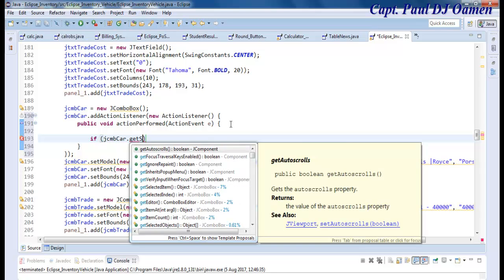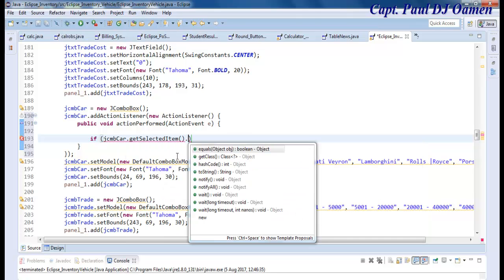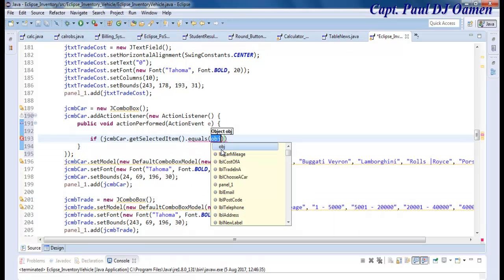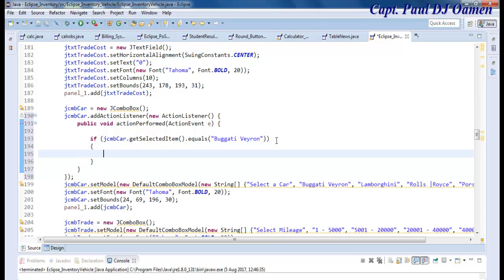let's say selected item dot equals, and what would be the name of my car. Let's go for the very first one, and that is Bugatti, I think. Bugatti Vena, right there. So if that car is the one that is selected, then I want the price JText car, the car cost dot,